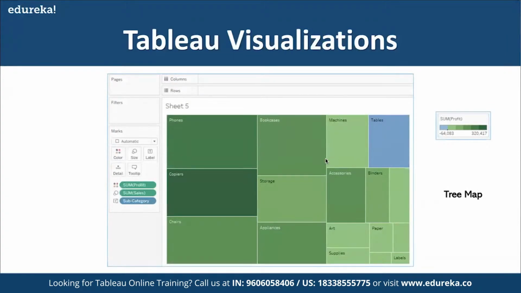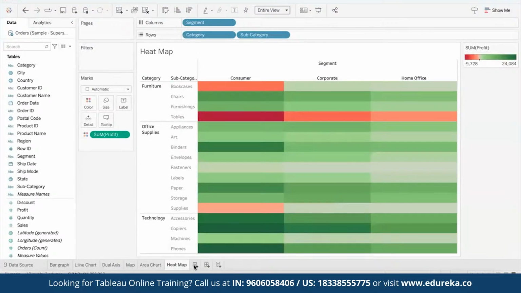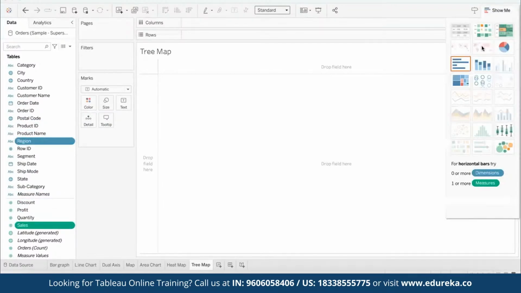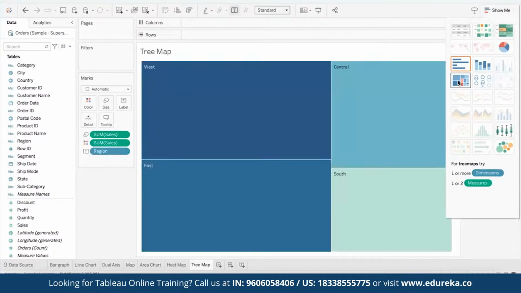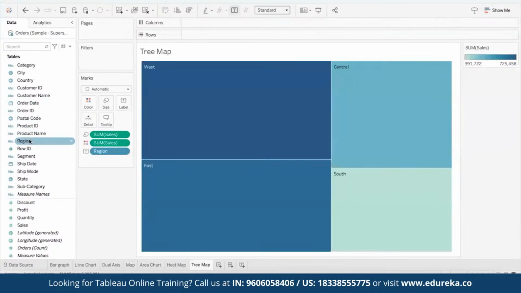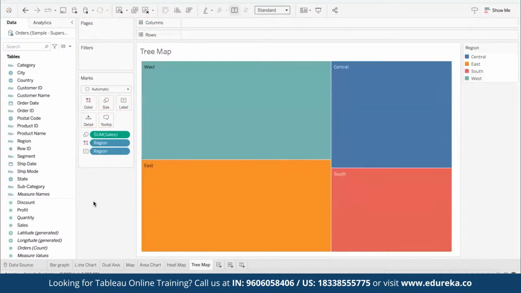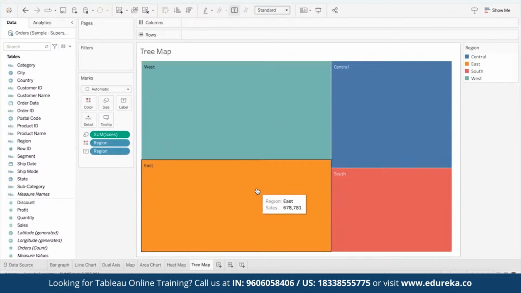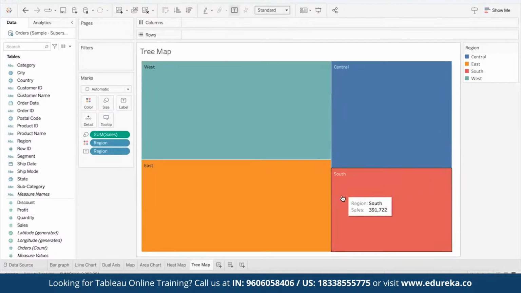Next is a tree map. When we have hierarchical data, tree maps come in handy. Suppose there are different regions, and across different regions, I would like to check the sales. This is a tree map. I will color it by region. The size of the block indicates the sales. West region, with a very big block, is making the highest sales, then East, then Central, and the least sales